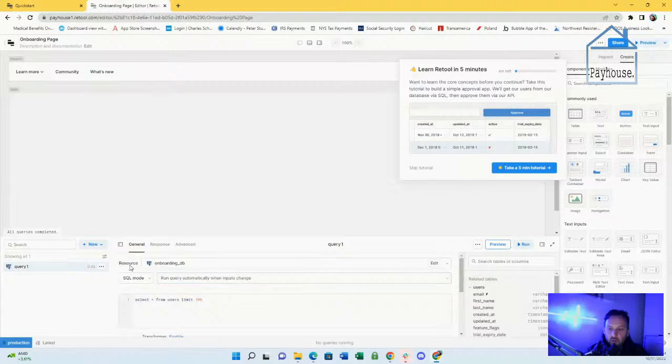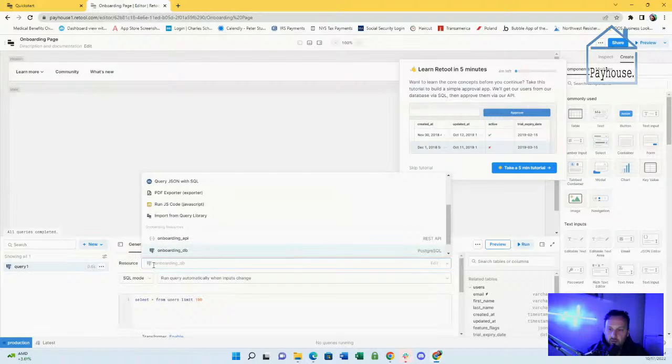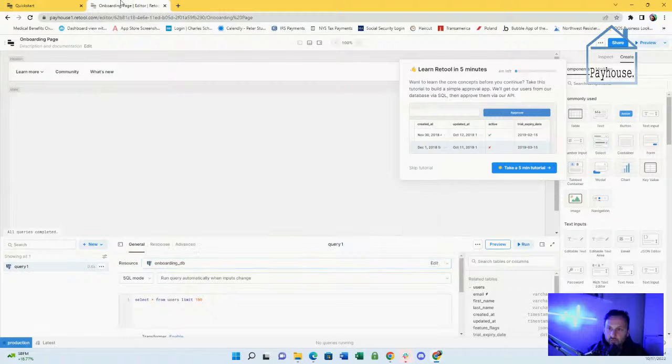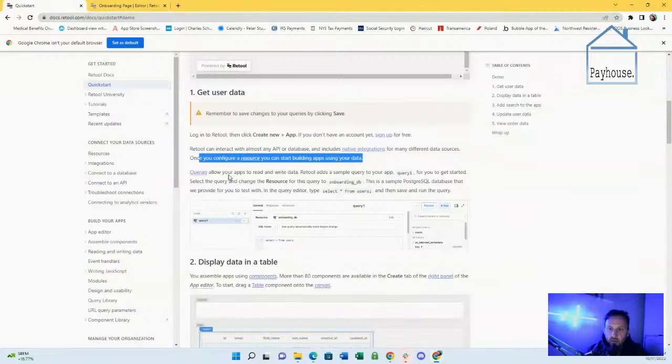All right, so the resource that we've connected to here is the onboarding DB, which I assume is a Postgres database. Yep, PostgreSQL. Queries allow your app to read and write data.